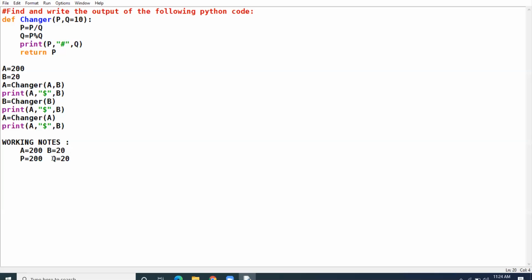Now, P equal to P divided by Q. That is 200 divided by 20. It will give the answer 10.0.